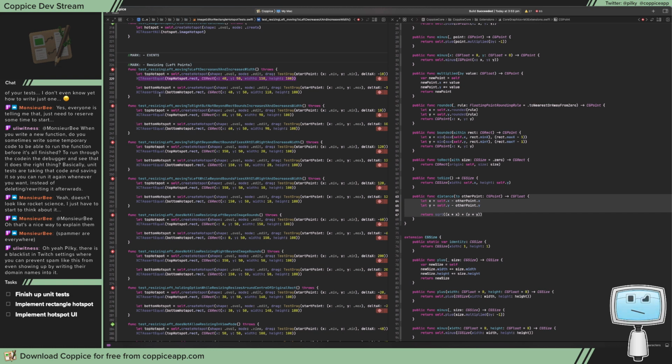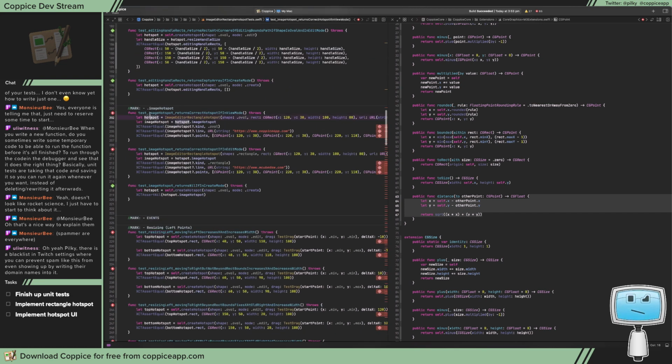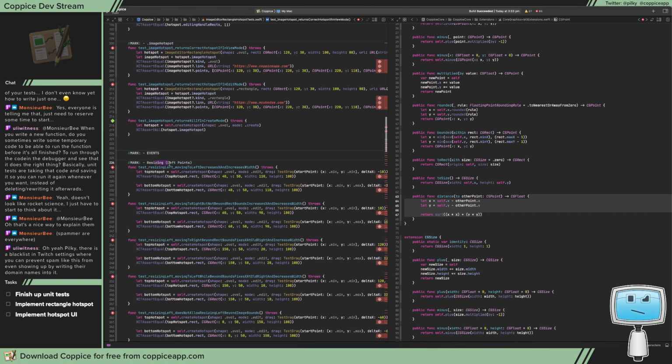One thing I really recommend when you're doing tests is to actually write out a bunch of the test names beforehand, because that helps you think about what you need to test. So the way I do it is you need to prefix them with test so that XCTest will run them, but then I do underscore and then whatever the method or whatever the type is. So for example here, I'm testing image hotspot, so I prefix it with image hotspot. For here, I'm testing the functionality of resizing left because it's split over multiple methods. But then I say,